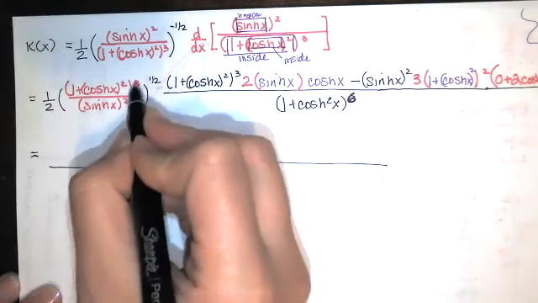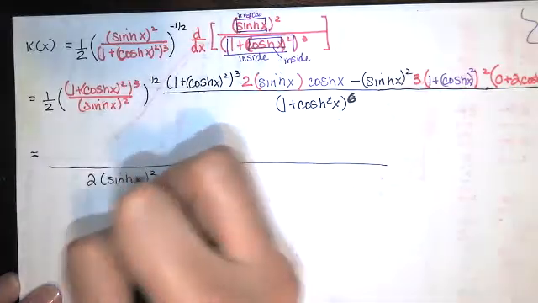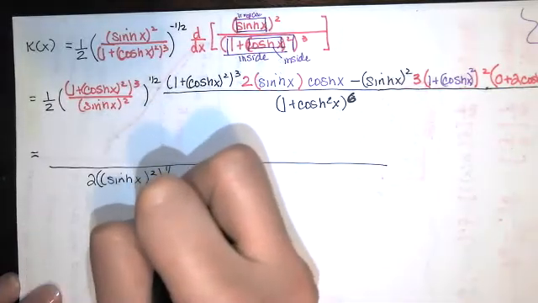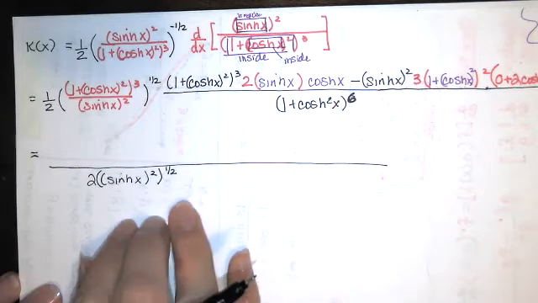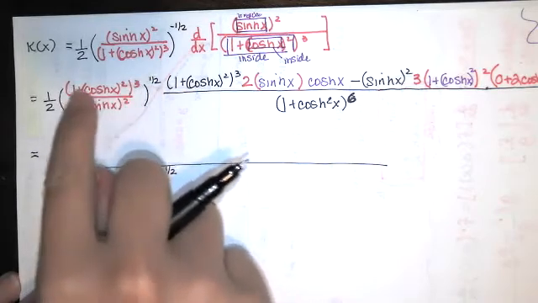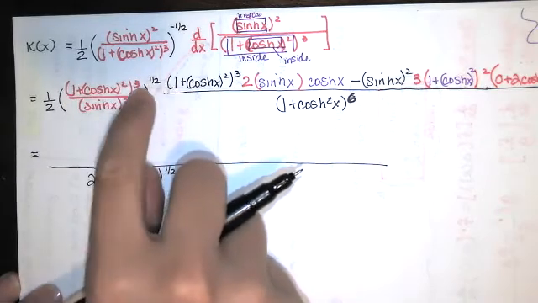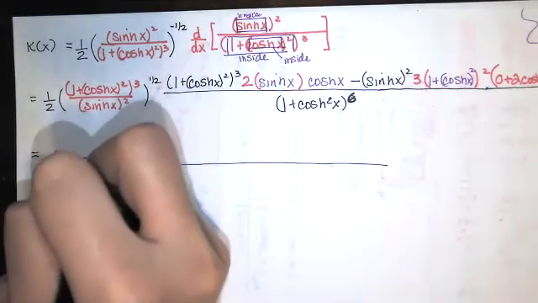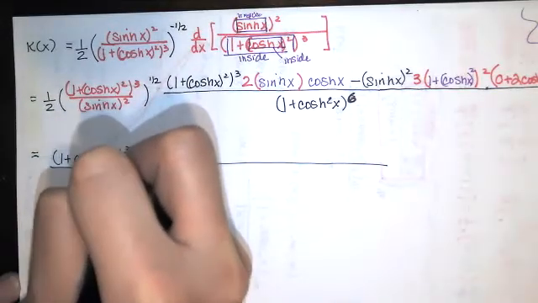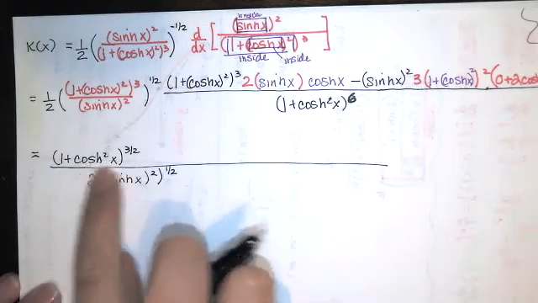Oops, that's actually hyperbolic sine of x squared raised to the 1/2. Remember, that's the absolute value of hyperbolic sine of x. That's where we got that from. And then in the numerator, you've got this raised to a power raised to a power. That 3 and that 1/2 can be multiplied. So I'm going to make that 3/2, and I'm just choosing to use the